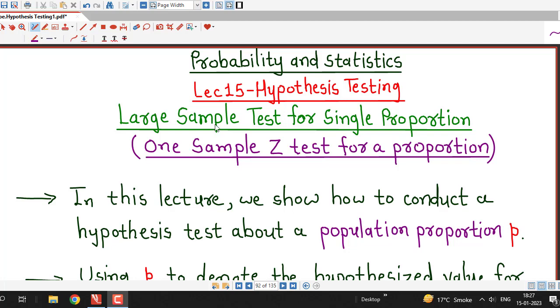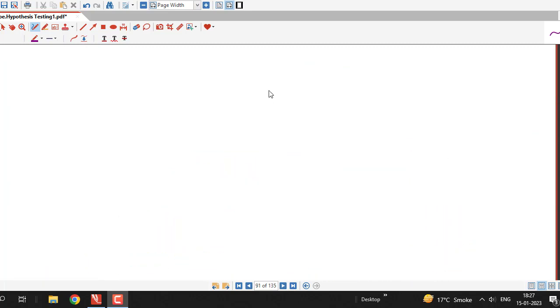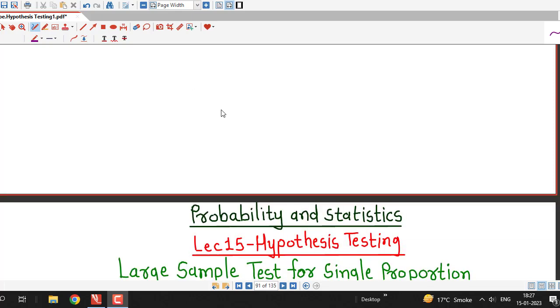Hello friends, I welcome you to lecture number 15 on hypothesis testing. In this lecture, we are going to discuss the large sample test for a single proportion, or one sample Z test for a population proportion. If you are familiar with the sampling distribution of sample proportion, then we can understand this